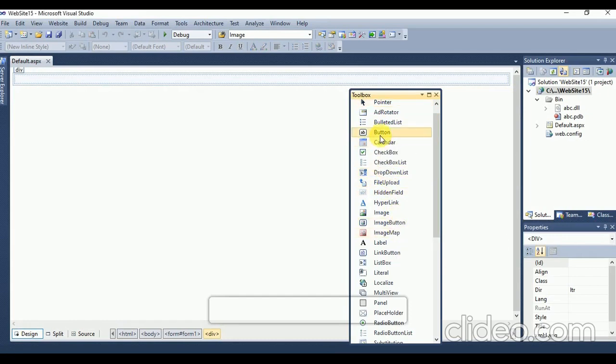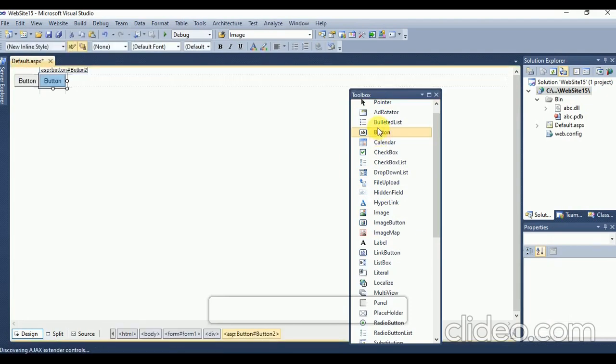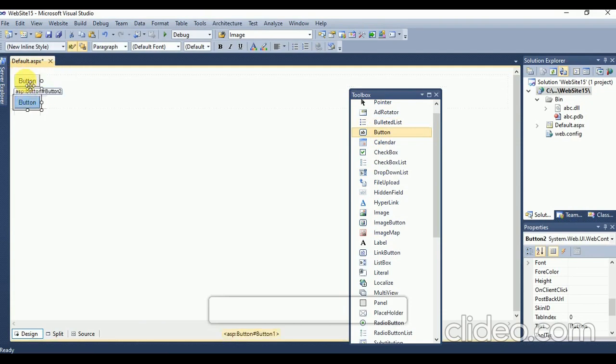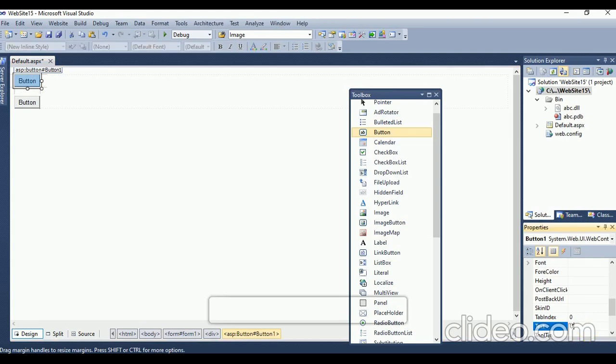Take two buttons. Change text as uppercase.